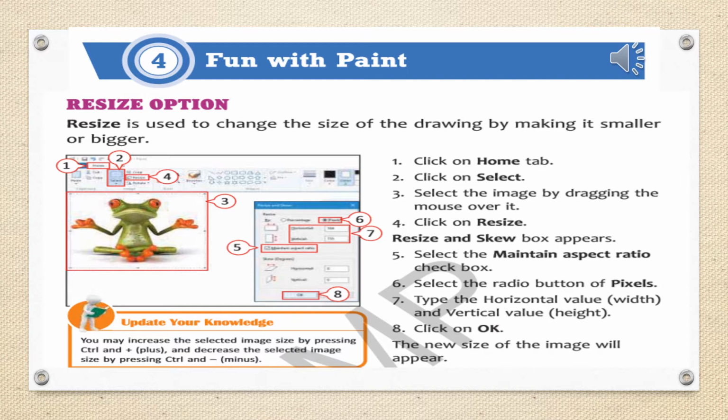Now we will learn how to resize an image using different options present on the Home tab. In this video we will cover this: how to resize the image, how to make the image smaller or bigger using different options.